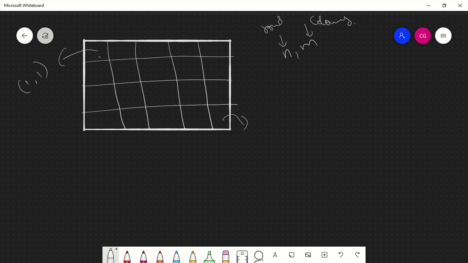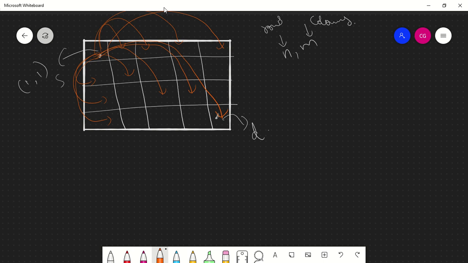So from here you need to reach this point. This is the source and this is the destination. How many steps can you take, and how can you reach this point? In this particular question it's given that you can take any number of jumps from any point. So you can take this jump, this jump, this jump, and vertically too, also diagonally from this point, or directly reaching to this point.